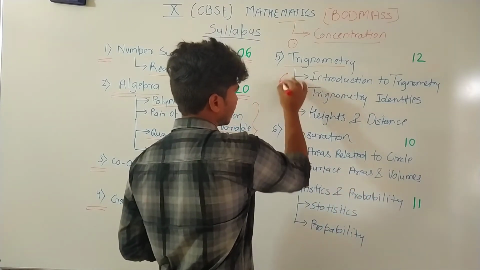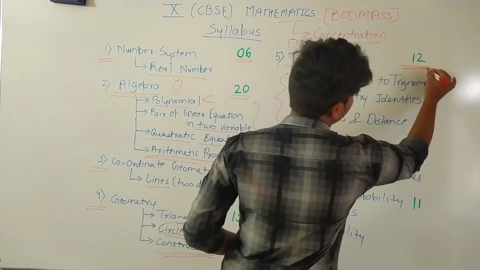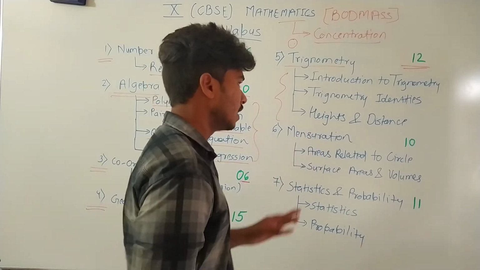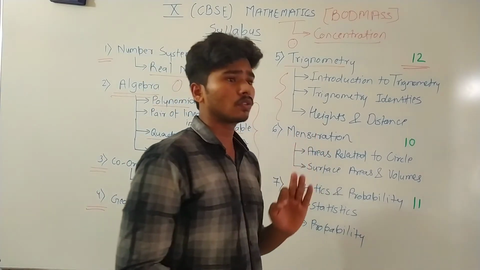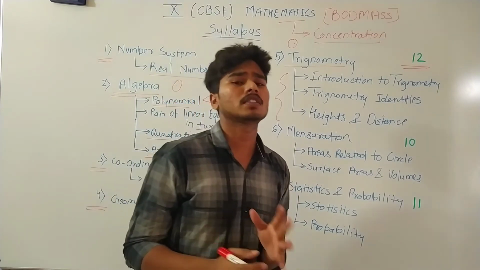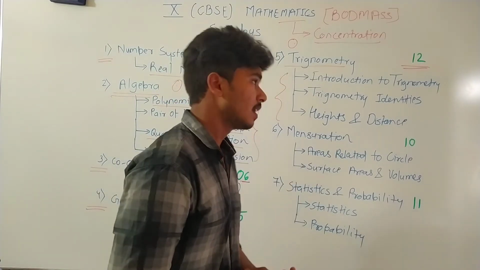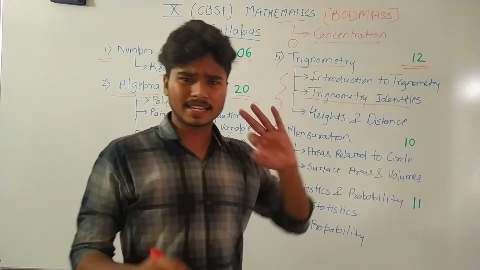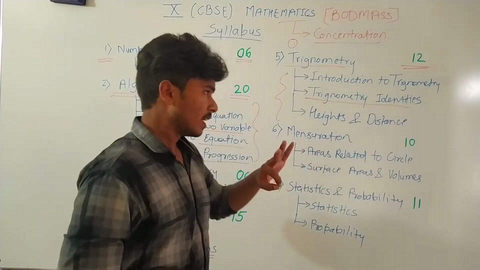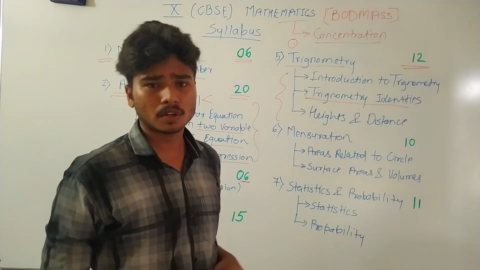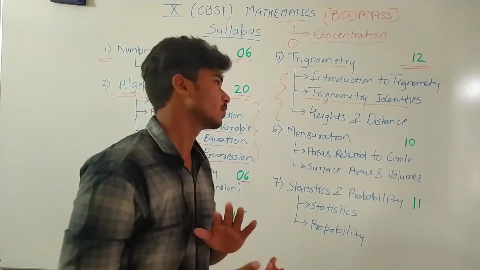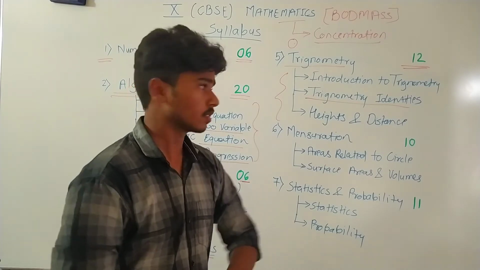This consists of 3 chapters. That's nothing but 12 marks weightage. Also a good weightage in this trigonometry. So introduction to trigonometry, you are going to learn about sine theta, cos theta, and their proofs. After that, we are going to do the identities. Identities, there are 3 identities only. Once we are in this chapter, then we will discuss what are the 3 identities, how they help to prove the trigonometric questions. Okay.